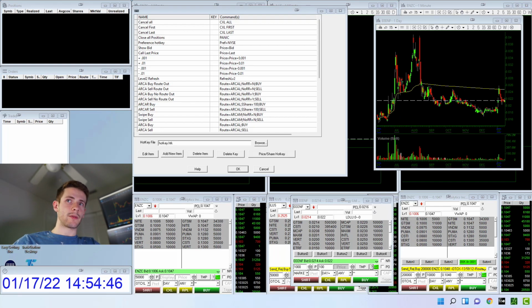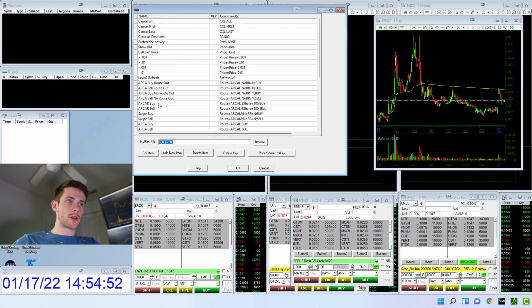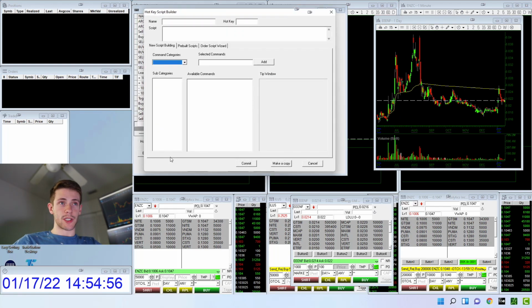So you go to Setup in the top left of the main window, and you go to Hotkey. This is the hotkey window, so I already have it open. What you're going to want to do is add new item, which is pretty cool. New script building. This still looks pretty confusing, but if you want to trade, which you do,